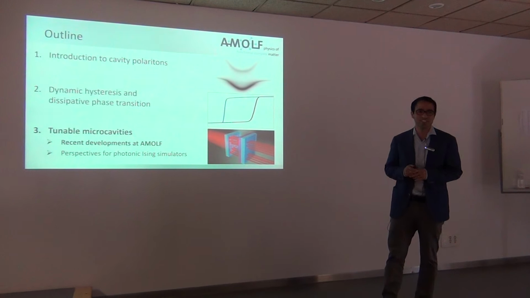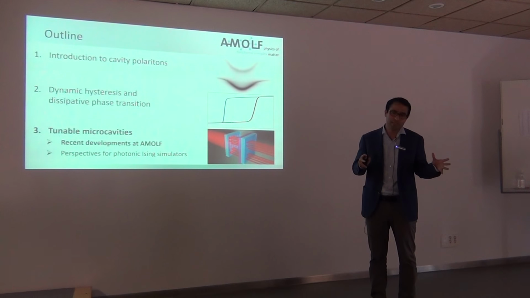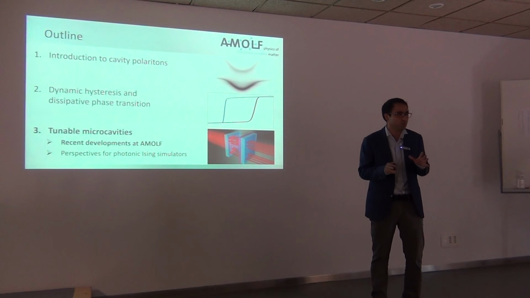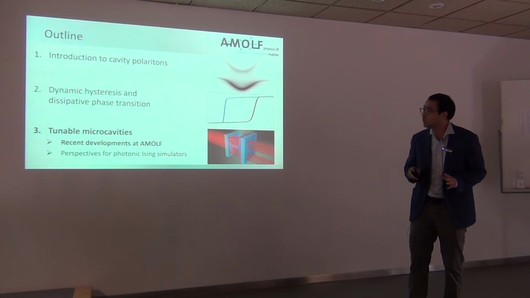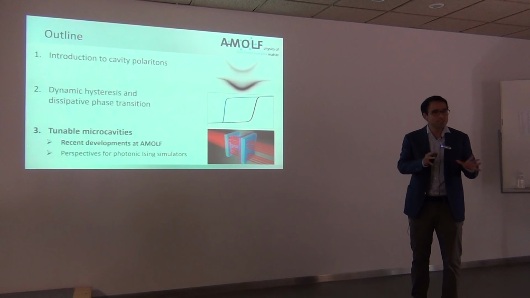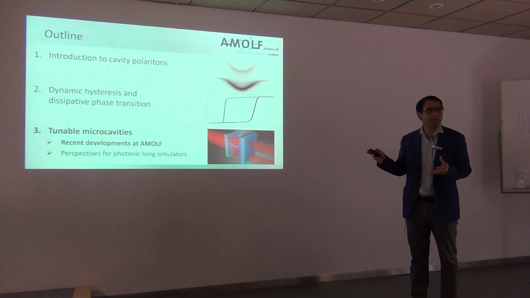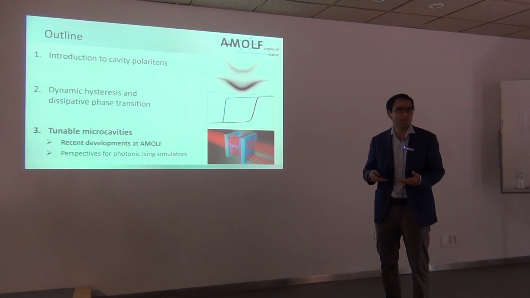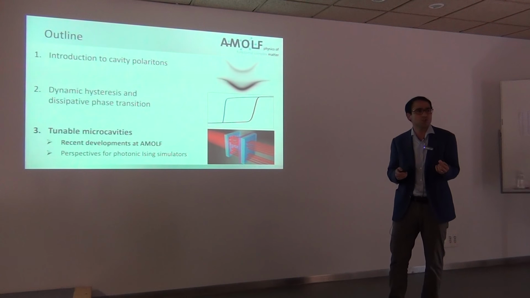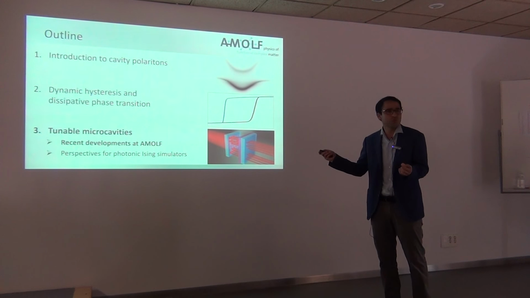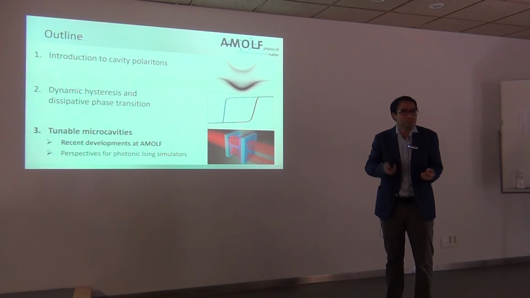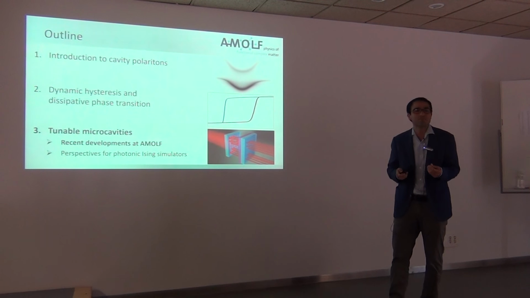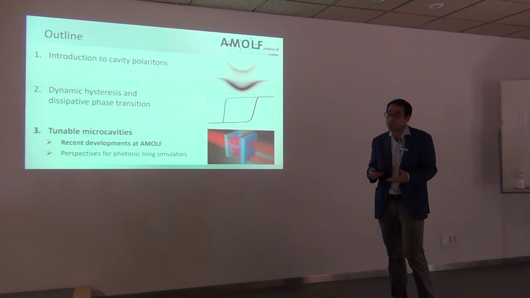There is another group that has been claiming values of the interaction constant of about 1 micro eV per micrometer squared. So we are somewhere in between these 2 claims. In our case, we're still in the weakly interacting limit. We arrived at this number in 2 different ways. One is precisely through this timescale that dynamic hysteresis gives us. If you change the interaction constant by a factor of 2 from where we are, this timescale grows exponentially, so we have a very sensitive way to determine this interaction constant.